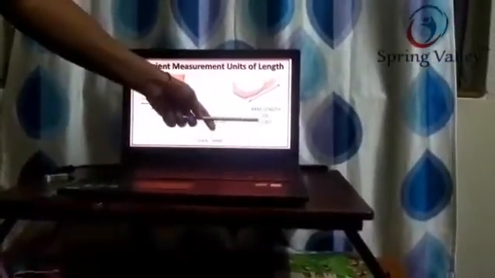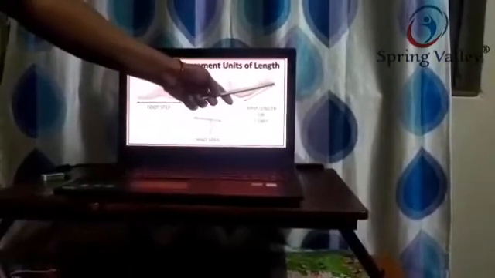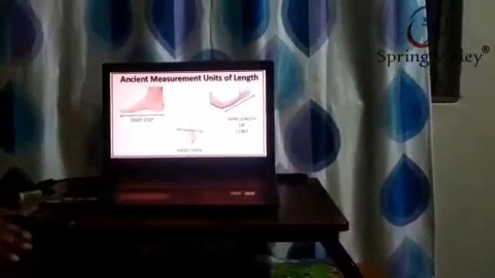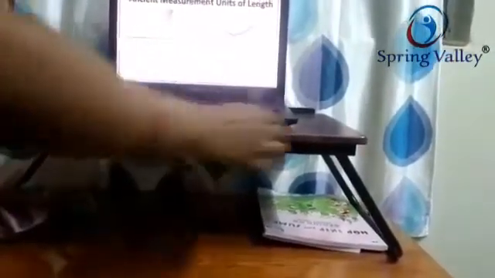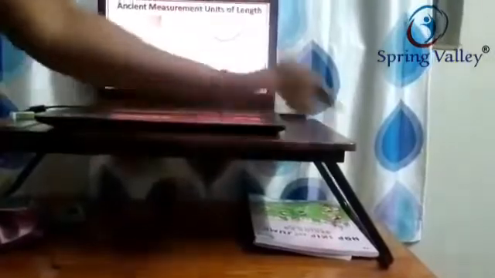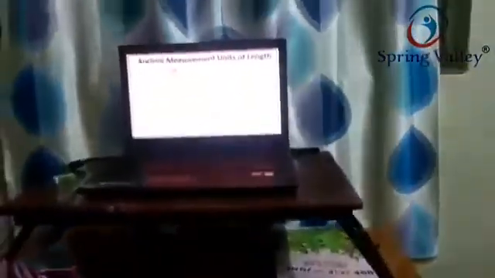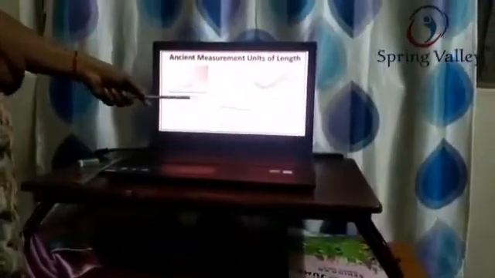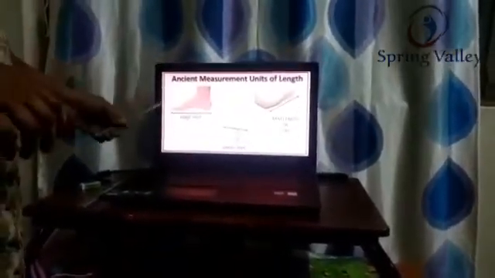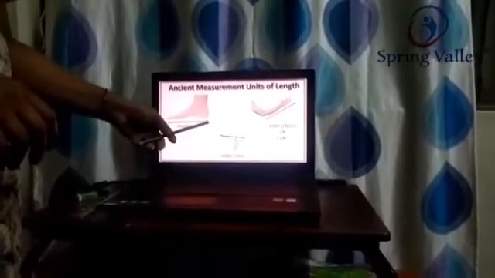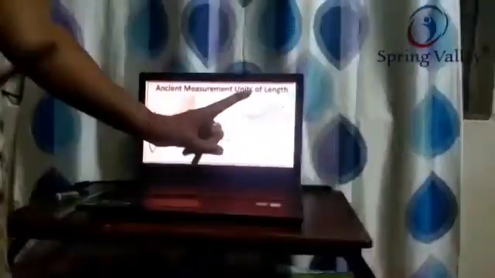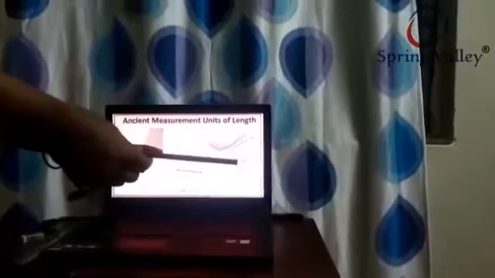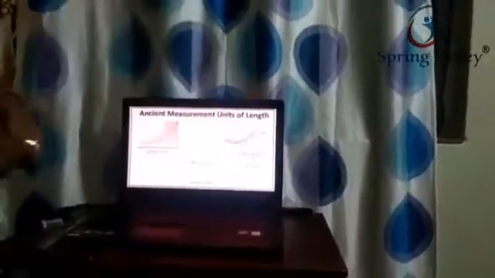Next comes the cubit. From your elbow to the other end. Okay, I am measuring the table. See here, I have a table here. I am measuring it from my elbow to this one. 1.5 it came. 1.5 cubits it is. In the same way, the fourth step also. It starts from here, it ends here. In the same way, you should measure with the finger also. How will you measure with the finger? See, 1, 2. Got it?